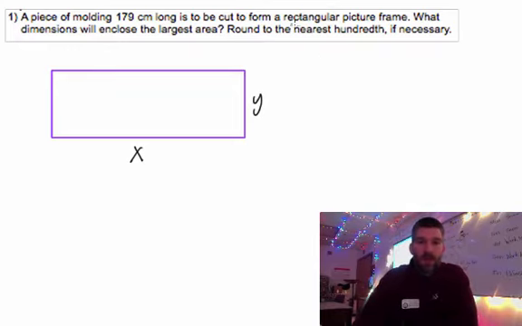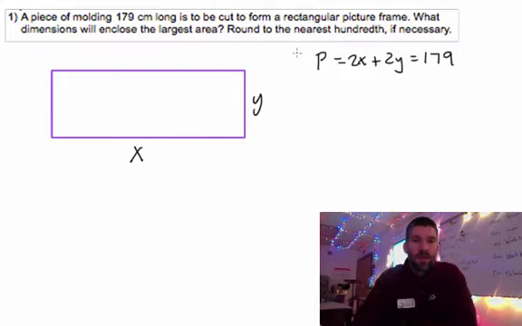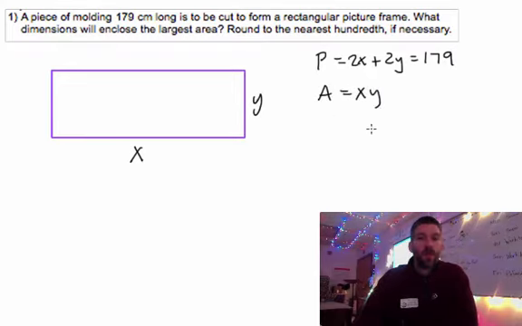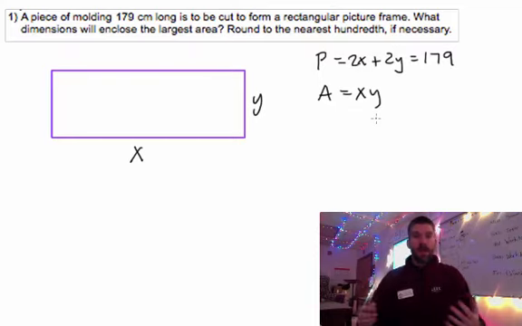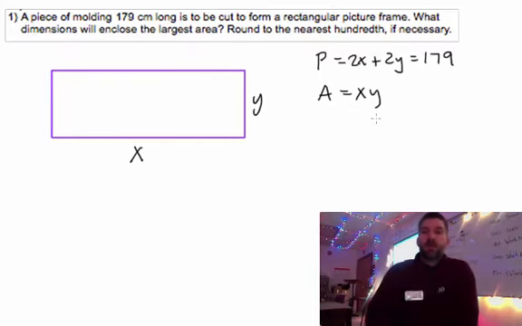And from this, I'm cutting this molding of 179 centimeters into a rectangular picture frame. That's perimeter. They have just given us perimeter. So we know that 2x plus 2y is perimeter, and we know that that's going to equal 179. Then we want to know what dimensions will give us the largest area. Area of a rectangle is x times y, which we don't have any other information for. So let's start with 2x plus 2y equals 179,